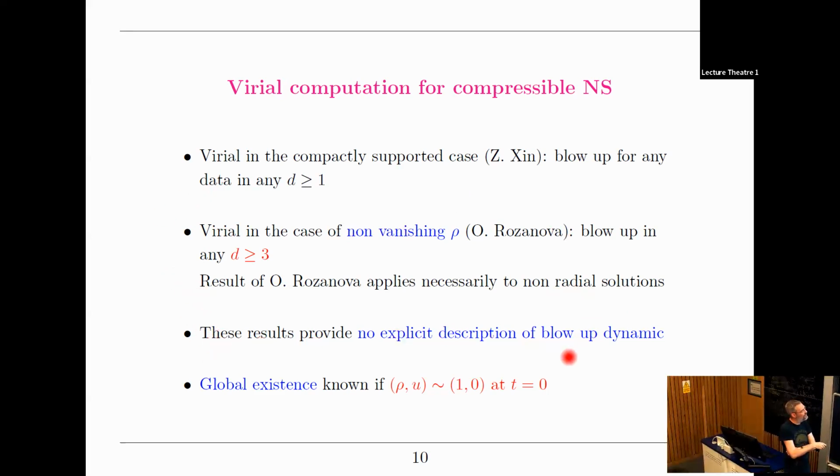Okay, and of course, as in any variational result, it doesn't give you any description of the blow-up dynamic. It doesn't tell you what the time of blow-up is, or the speed of blow-up, or the profile. So it's just information that something goes wrong. Finally, there is one last result that will be relevant: global existence is known in the case where rho is close to 1 and u is close to 0. In other words, if you're near what is called the constant density regime, then there is global existence. There are lots of results around this. If you are, in a suitable norm, close to (1, 0), then you have global existence.